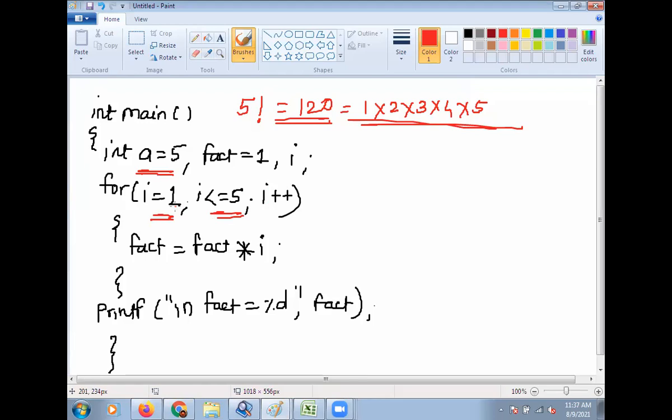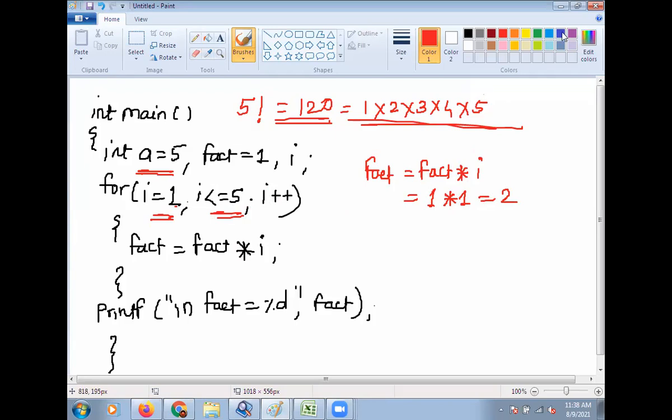Whenever I equal to 1, 1 is less than equal to 5, this condition becomes true. Then we get fact is equal to fact into I, that is fact initial value 1 into 1, we get fact is equal to 1.